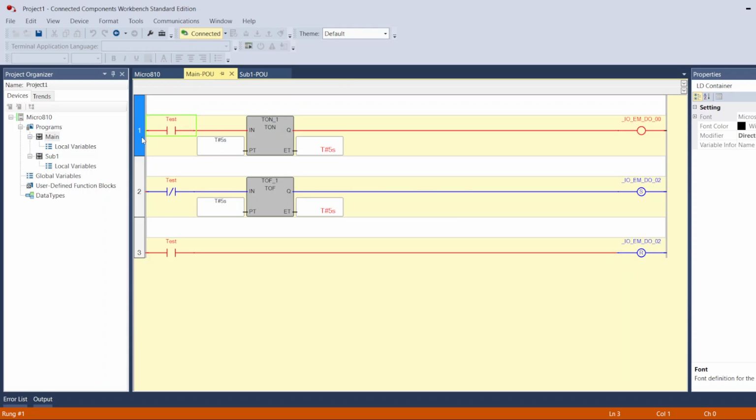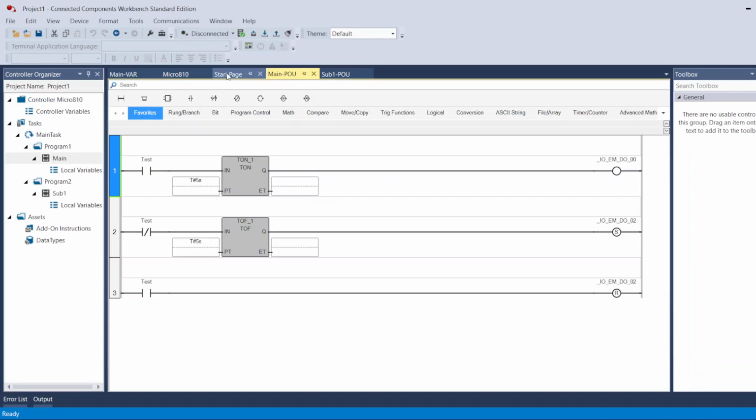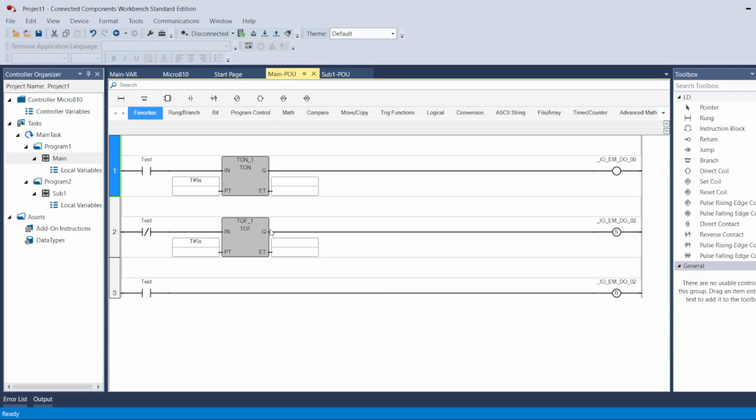Now you cannot do any changes or edits to your programs as long as you are connected. And here it shows you connected. So you have to disconnect the program to be able to make other changes if you want to. So you disconnect. Now you have this screen again, and you can do more changes if you want to, and